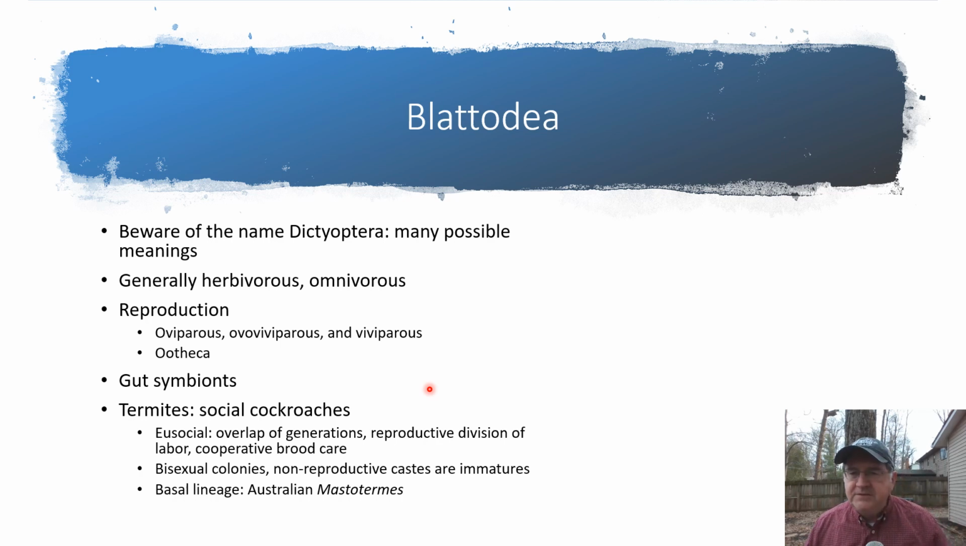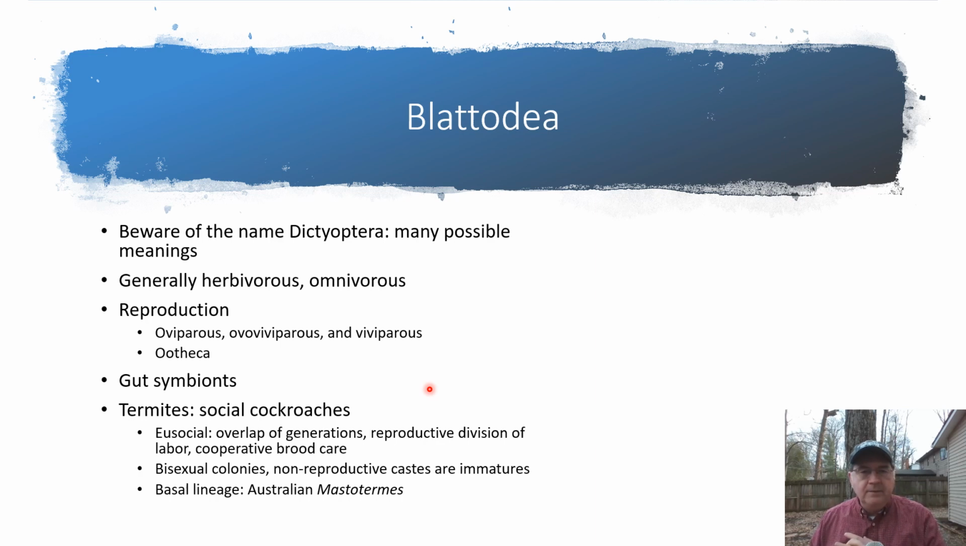Termites are basically social cockroaches, and when I say social, I mean eusocial. So let's define what eusocial means, or eusociality. The EU part of that word means true, so the most highly developed form of sociality, social behavior. That entails three criteria: an overlap of generations, so adults and young living together,